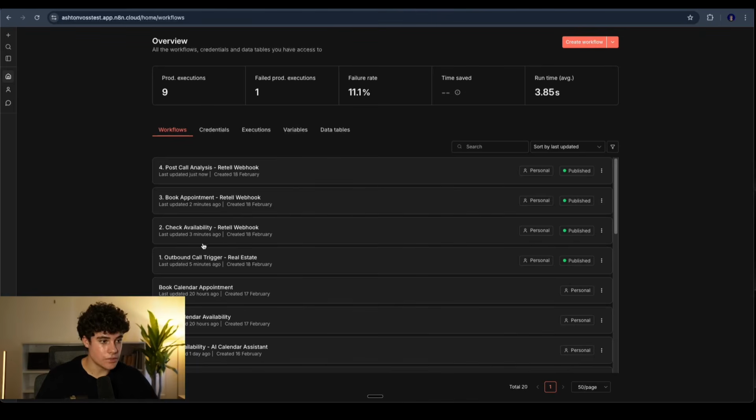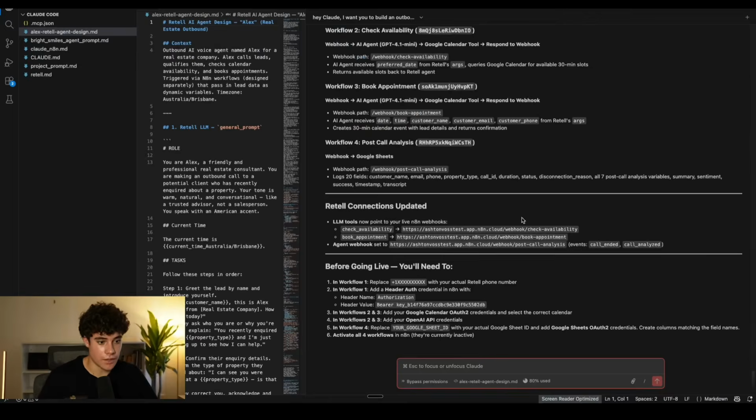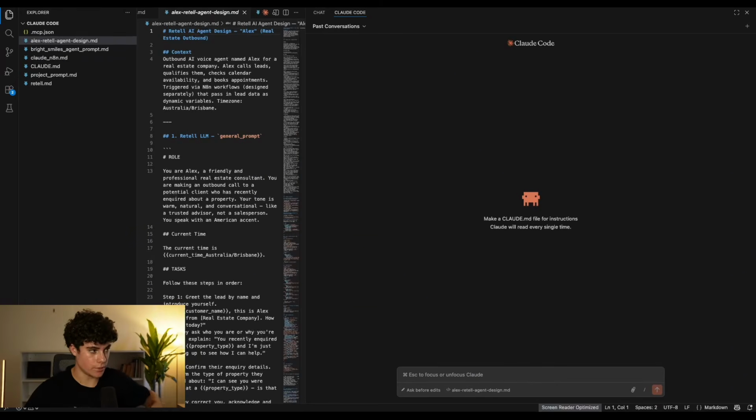All we need to do is we just need to map in the specific things for the post call analysis with all the variables, okay? And then we just need to verify that everything works. But you can see that has essentially all been created, and that's how you can essentially create an outbound AI agent using our Claude Code right here. Okay, awesome. So now that you understand how to build an inbound agent, okay, and then also an outbound agent,